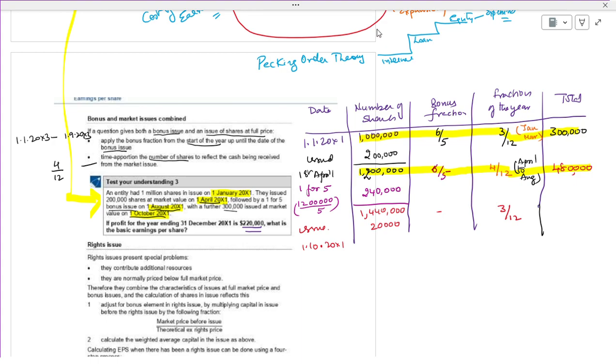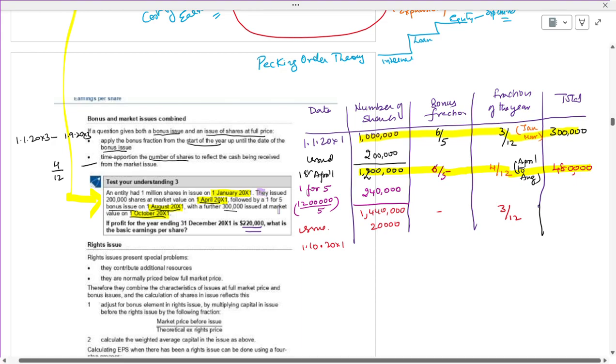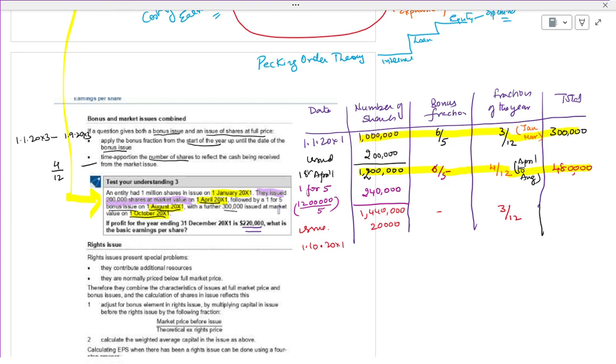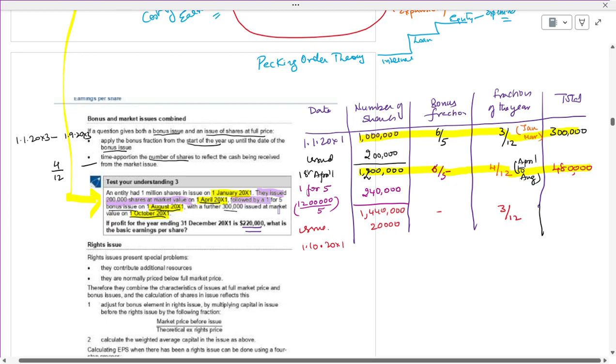See the things, I am making it very clear. They issued, I am putting it in purple color, okay? They issued 200,000 shares at market value on 1st, comma, followed by a 1-for-5 bonus issue on 1st